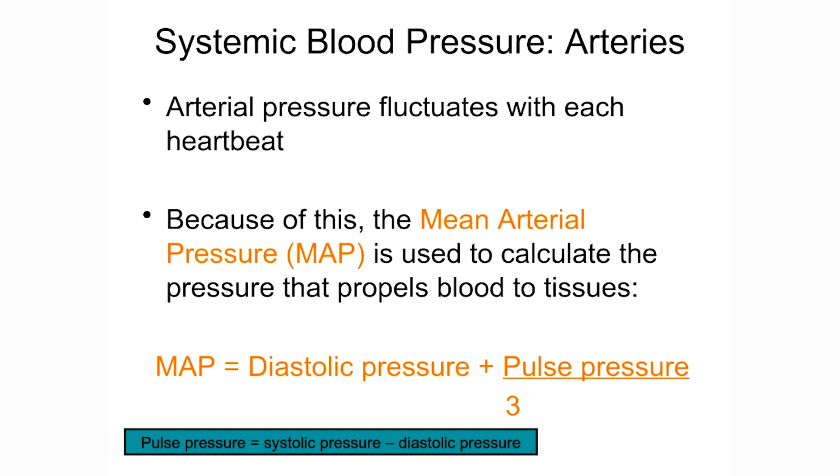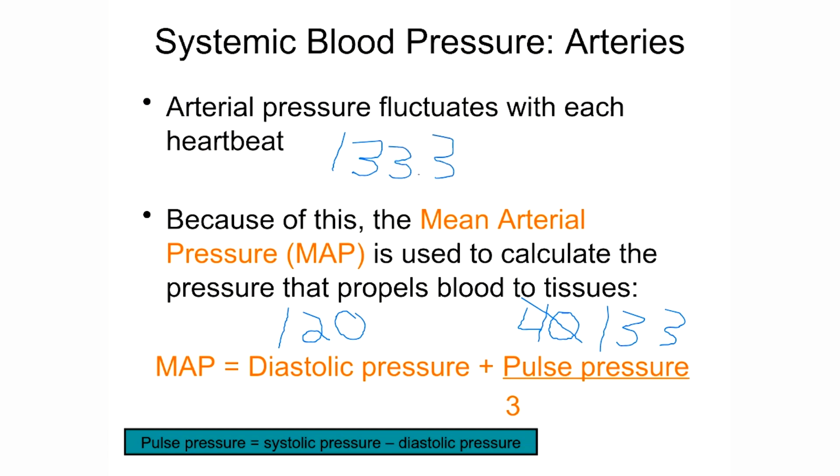So the first one we used was 160 over 120. I'm going to go ahead and work through that one with you. In that particular case, our diastolic pressure is 120, right? And our pulse pressure is going to be 160 minus 120, which once again is 40. And when we divide 40 by 3, that's giving us that 13.3 number again. And when we take 120 and add to it 13.3, we come up with an average pressure of 133.3 when